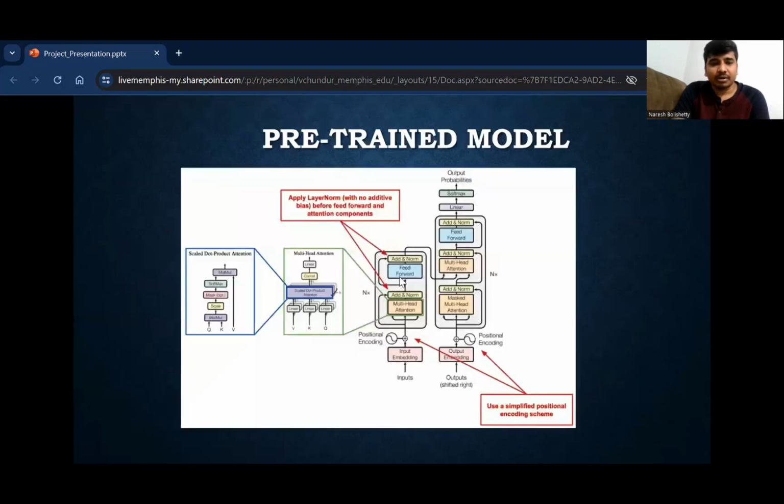And then coming to the next slide, we have the pre-trained model here. So the study of T5 conducted within the unified text-to-text framework enables diverse language understanding tasks to be analyzed comprehensively. T5 maintains the transformer architecture but incorporates modifications such as layer norm application, position embedding schemes, and extensive dropout for enhanced performance. Pre-training on the Colossal Clean Crawled Corpus, C4, provides a robust foundation crucial for the success of